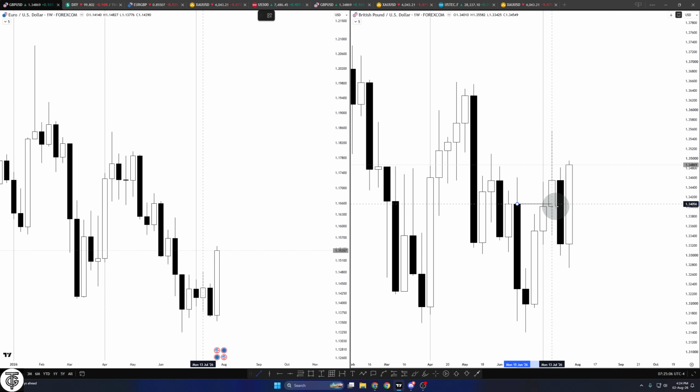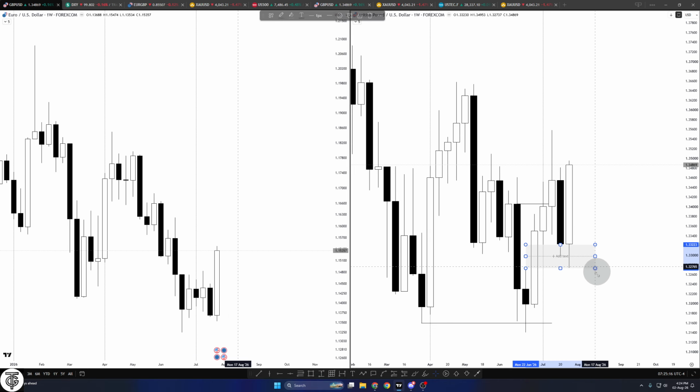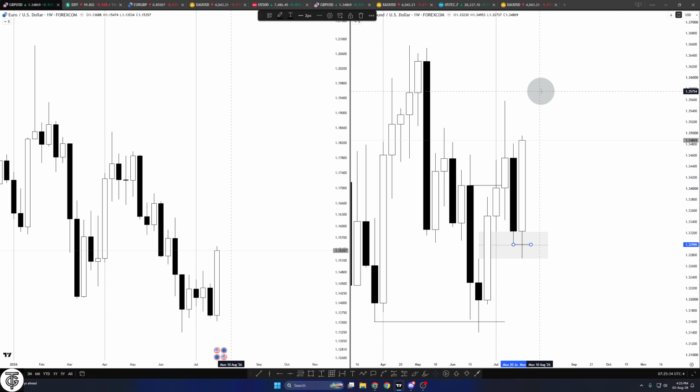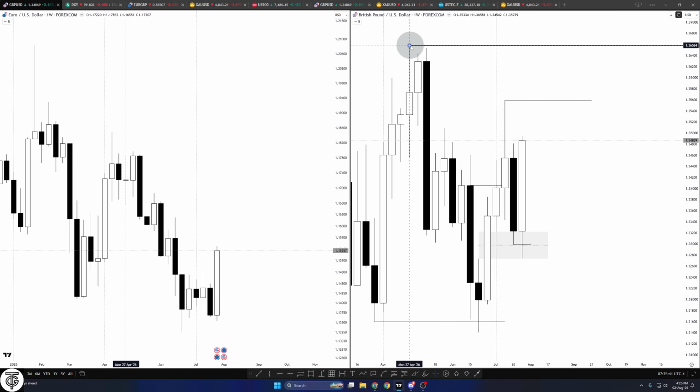We had a weekly CISD after taking this major liquidity. So we had this CISD on weekly time frame. We have a gap over here, just about at a discount end of the price. So we have a discount gap, and then price taken previous weeks. So if you look at this candle, it did not support expansion. So the next candle had to sweep this low to then expand higher. Now we have closed above this high, so this is going to be our draw, and eventually these equal highs are going to be our draw.